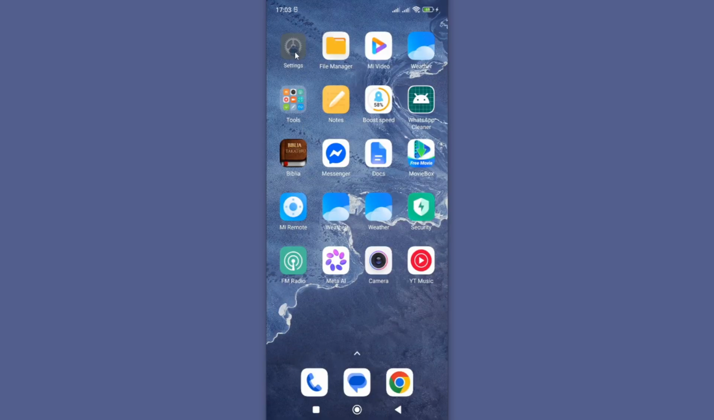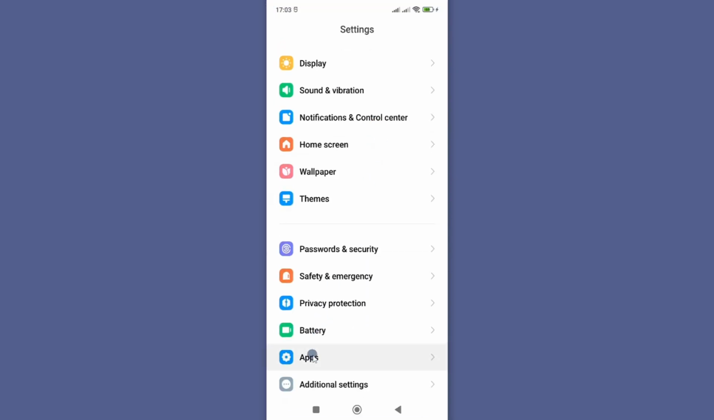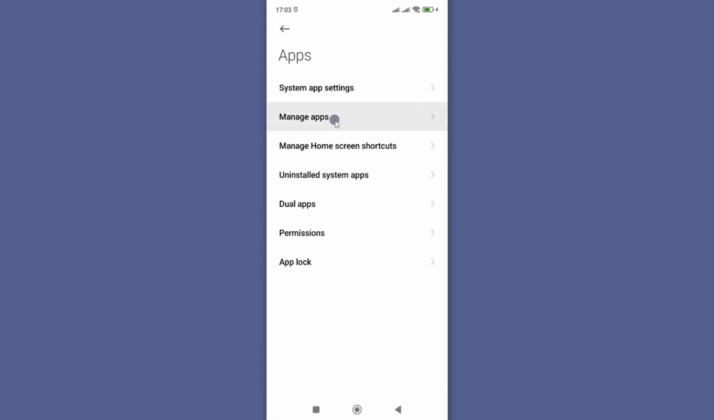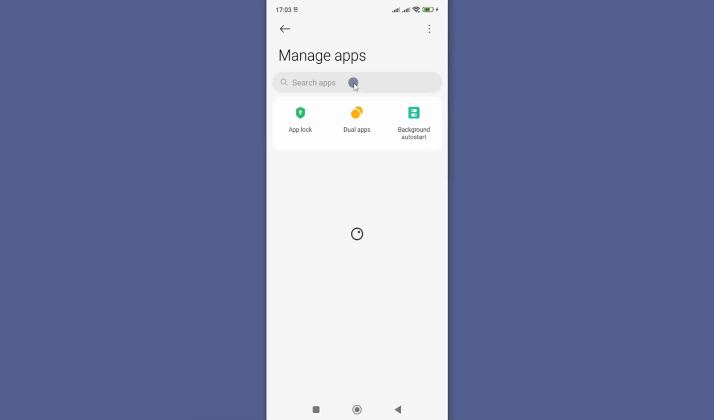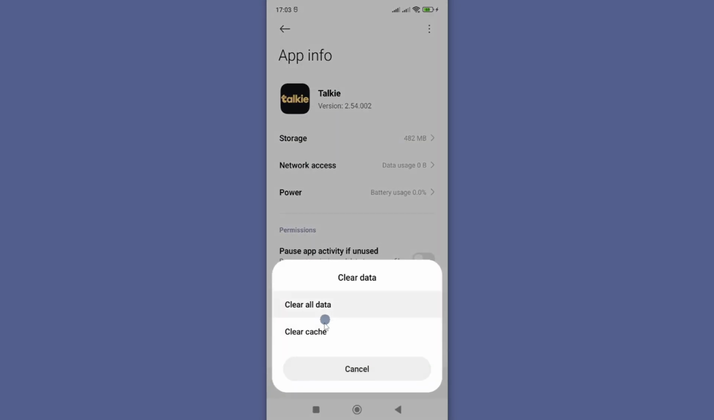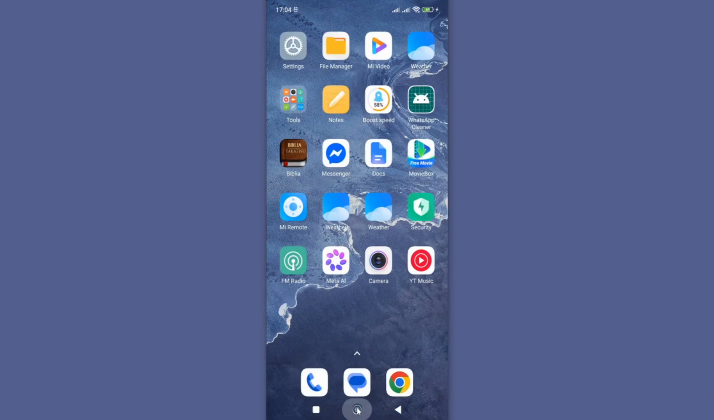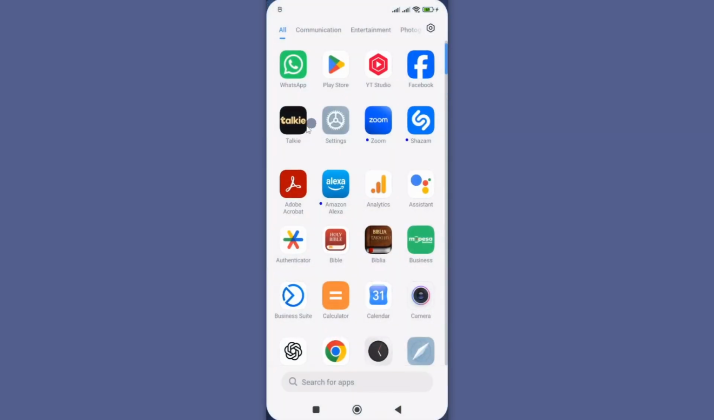You need to go to settings on your phone, and from settings look for apps. On the apps, go to manage apps, and this will list all the apps that you have on your smartphone, and from the list just search for your app. Here you want to clear the app data, so I'll clear cache and also clear all data. Once you are done, restart your smartphone, and now if you go to your Talkie app, everything should be running